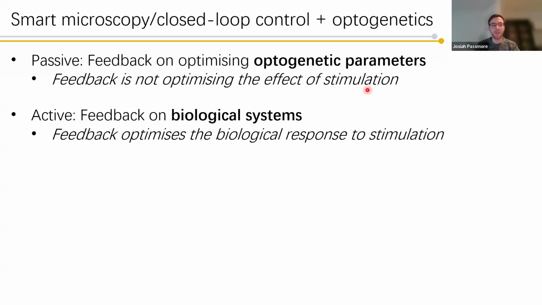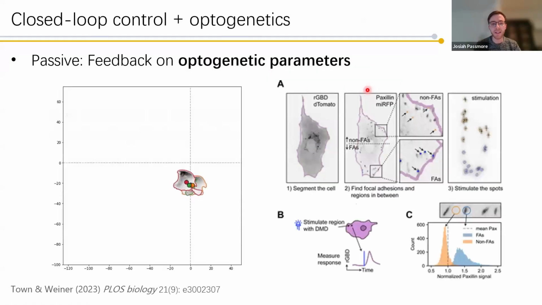Whereas with active control in optogenetics, you're looking at feedback of the biological system itself. So you're looking at how your stimulation is affecting your biology, and your feedback loop is really aimed to optimize this biological response. And so a couple of examples to show this passive approach to closed loop control in optogenetics: